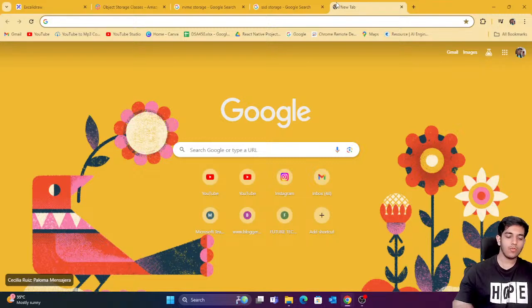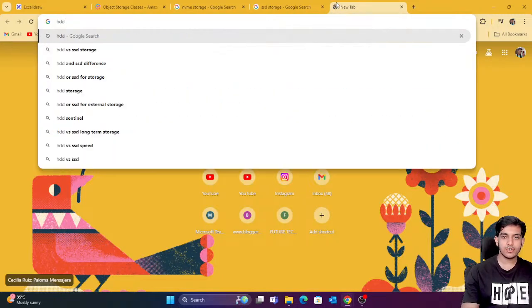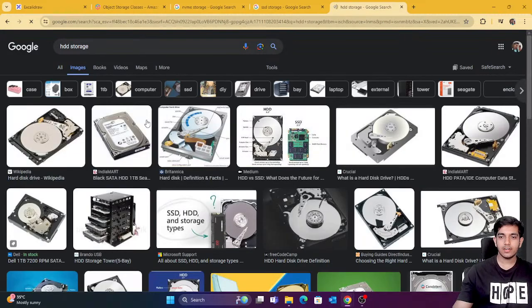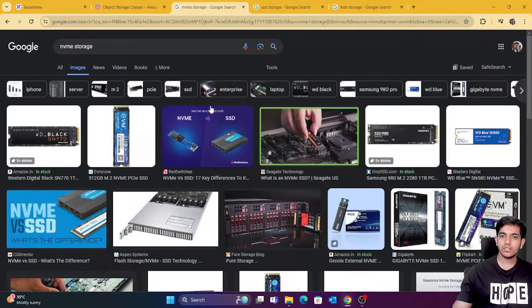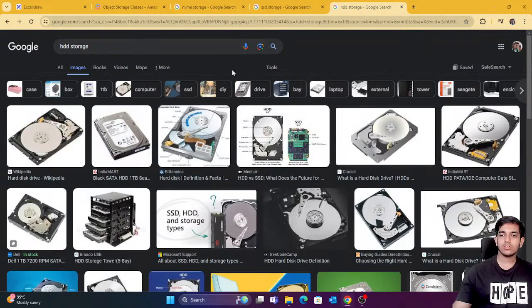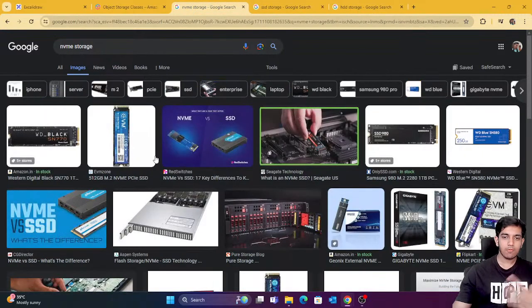Okay, then guys, we have a hard disk drive, HDD storage. So this is a hard disk, right? Nowadays the latest type of storage is this one because this is the fastest. Then solid state drive is a little bit slower, and this was the old version, hard disk drives. These are the storage devices, and you can say this is the slowest, a little bit faster, fastest, and